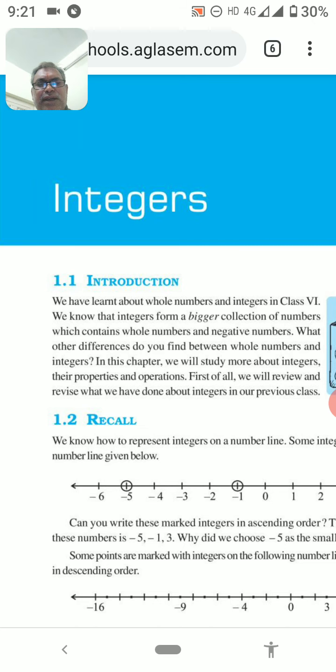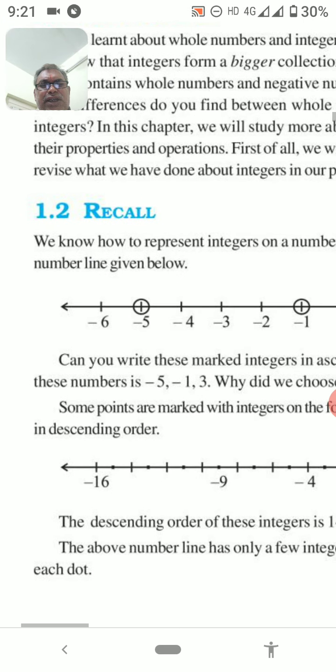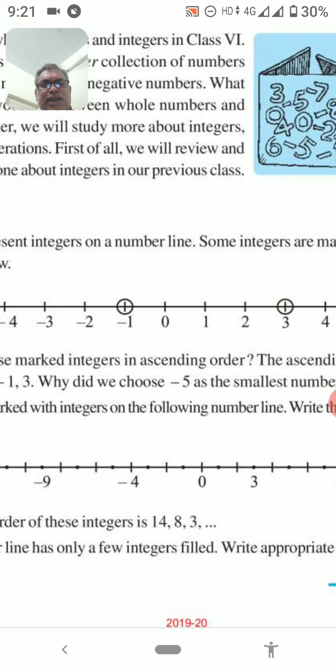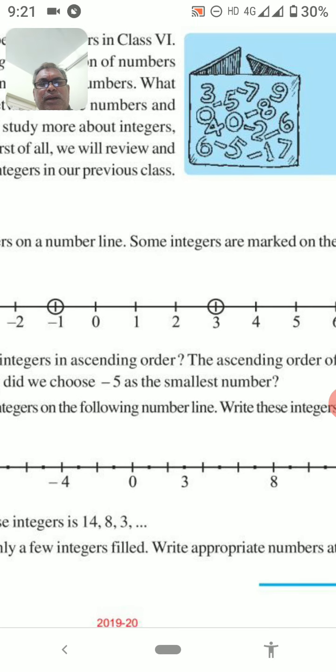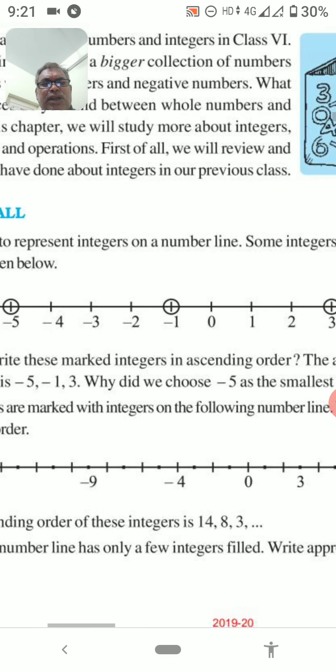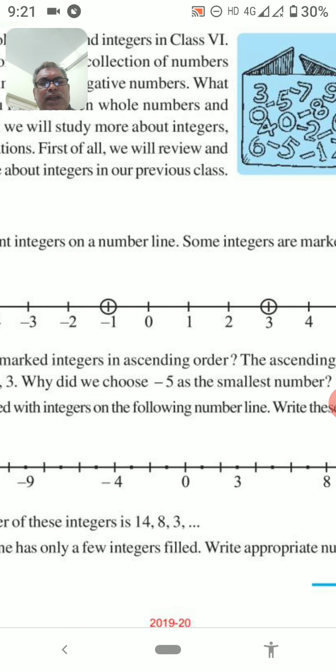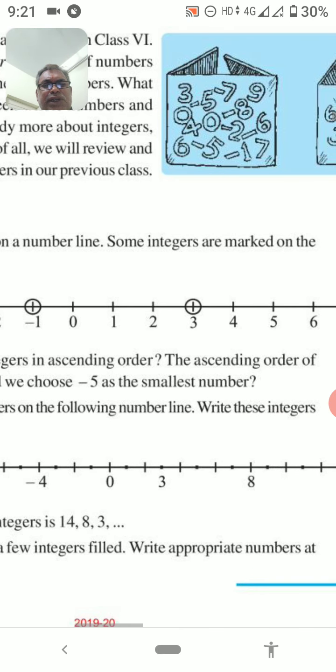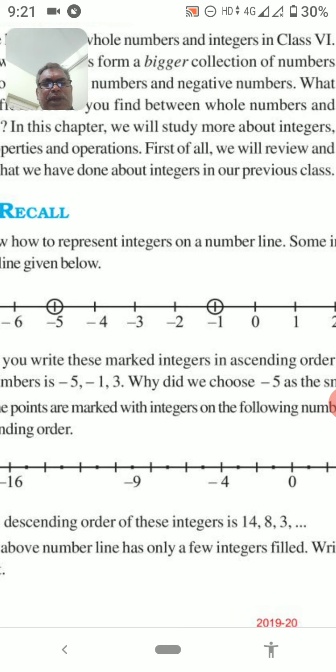You can remind in class 6 you have studied the integer number line. On the number line, at the left side there are negative integers, in between them 0, and on the right side there are positive integers. So this integer line we have used in class 6. Now you can see here positive integers 0, 1, 2, 3, 4, 5, 6 up to infinity, and on the number line negative integers at the left side. So you can see here.